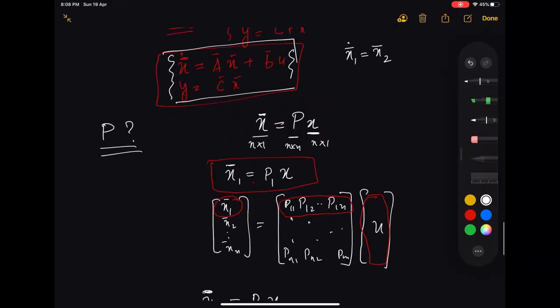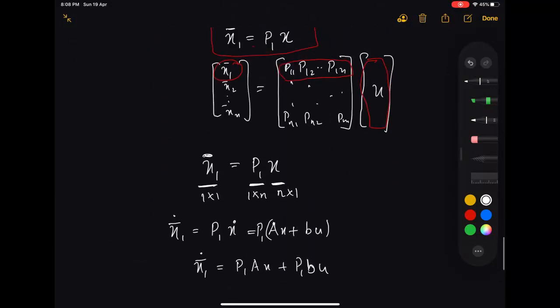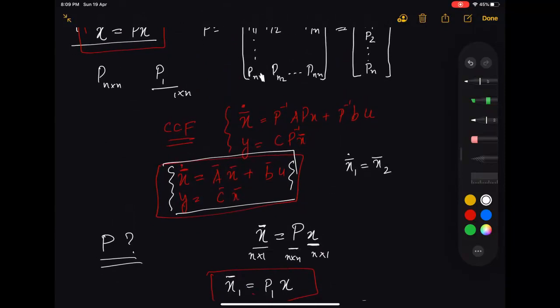Because in controllable canonical form, the A bar matrix would be such that the first row is going to be 0 except for the last term, and the B matrix is going to be all zeros except for the last term. So when you say this system is in controllable canonical form, you automatically mean that x1 bar dot is equal to x2 bar, x2 bar dot is equal to x3 bar, and this will go all the way up to